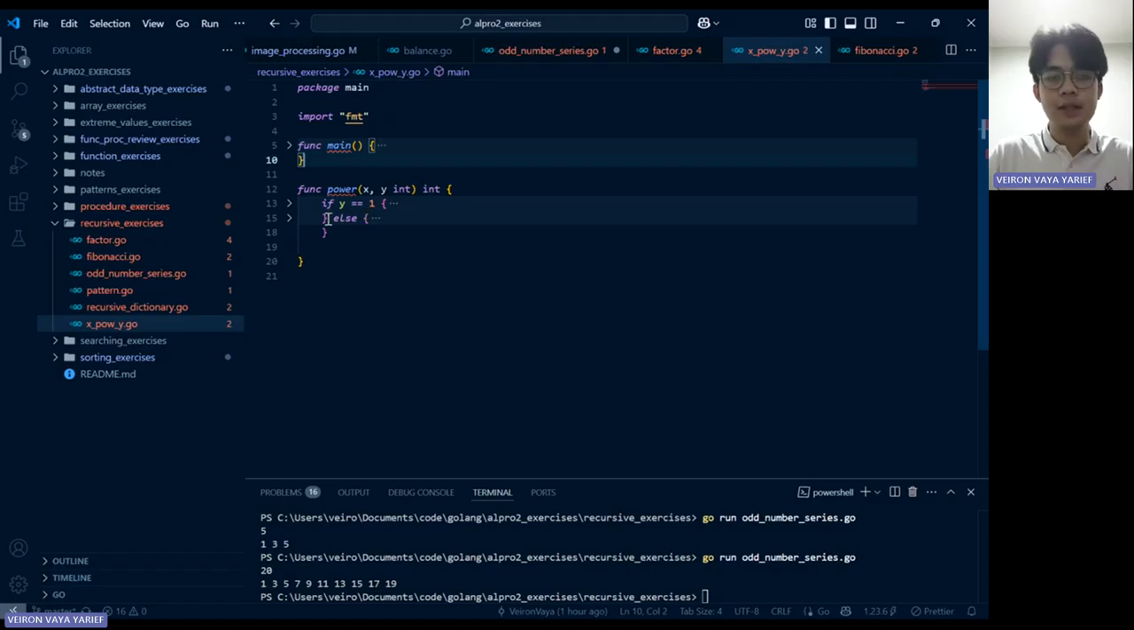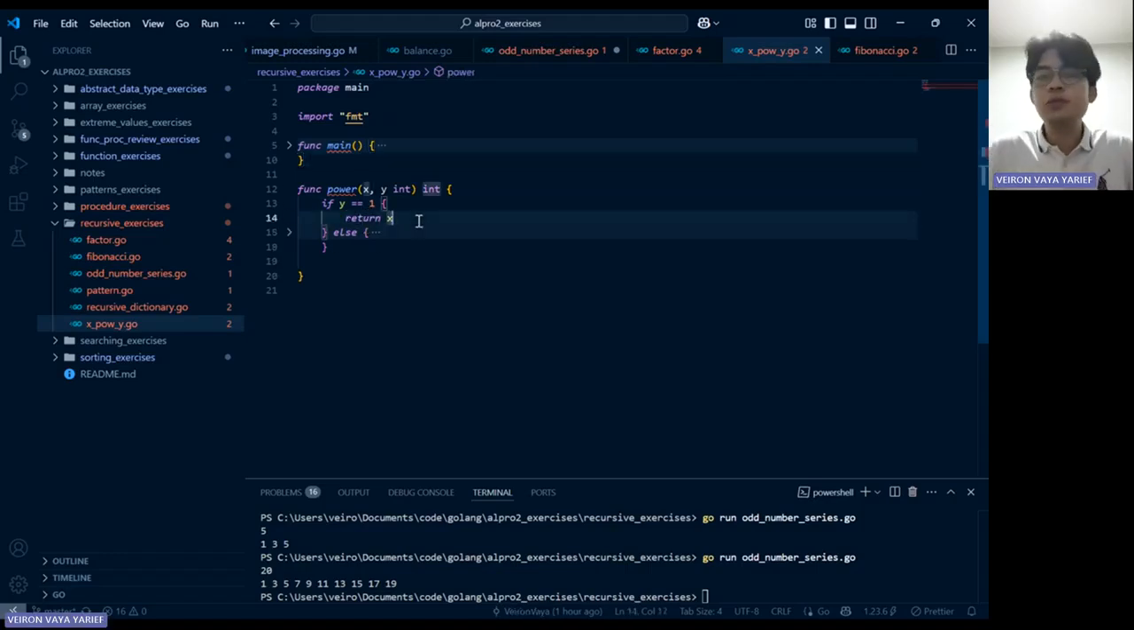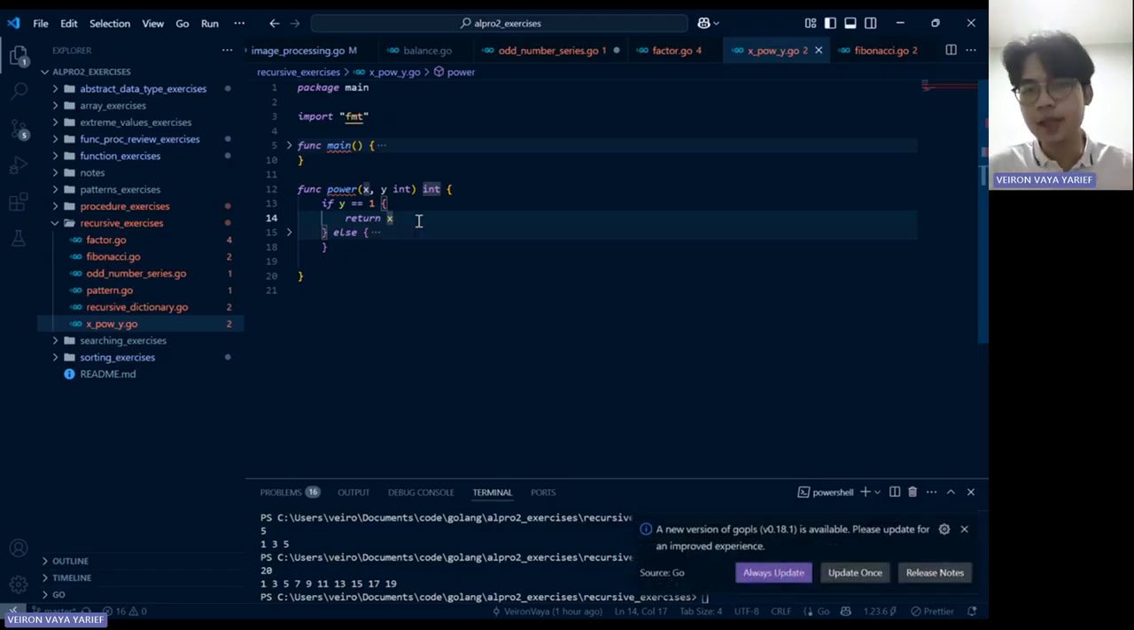will have a base case. What you want to do in this code is, if you have x power y, you want to do x times x times x times x over and over again until y times. Okay, so the changing variables